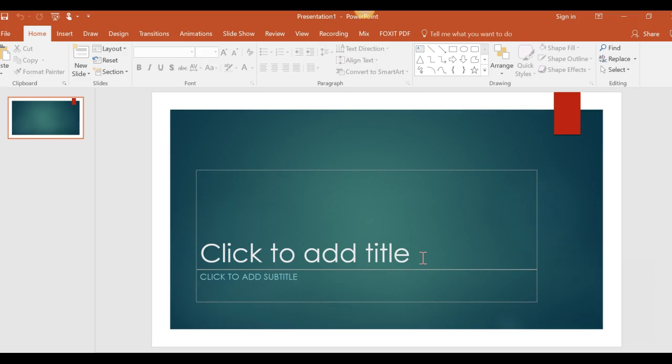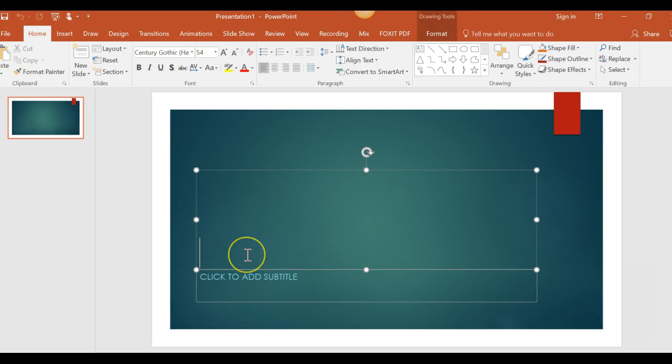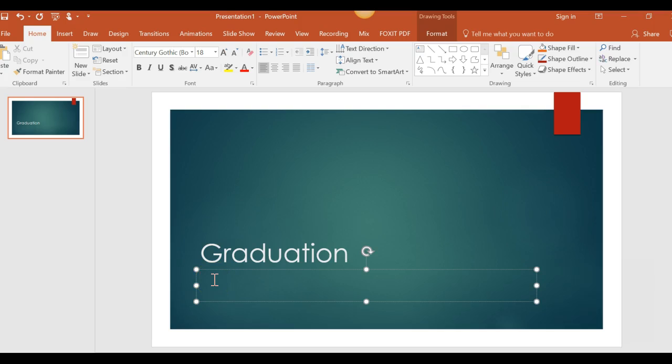We'll show you at the end how to save your PowerPoint. But let's go ahead and let's just do a quick title. Again, your specific assignment is to do a presentation on a celebration or a ceremony. And so that's something that you can do. I'm going to just do a mock presentation. And let's see, in class we talked about graduation, so why don't we just do that again? I know that that works well. So you can do a title, you can do your name,